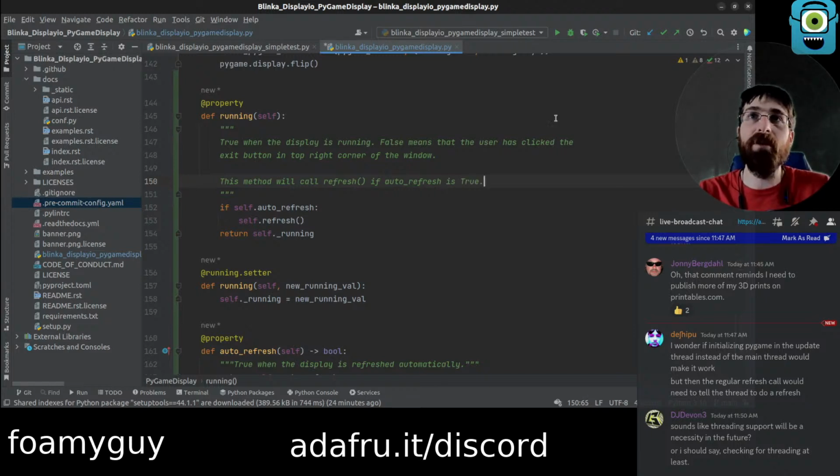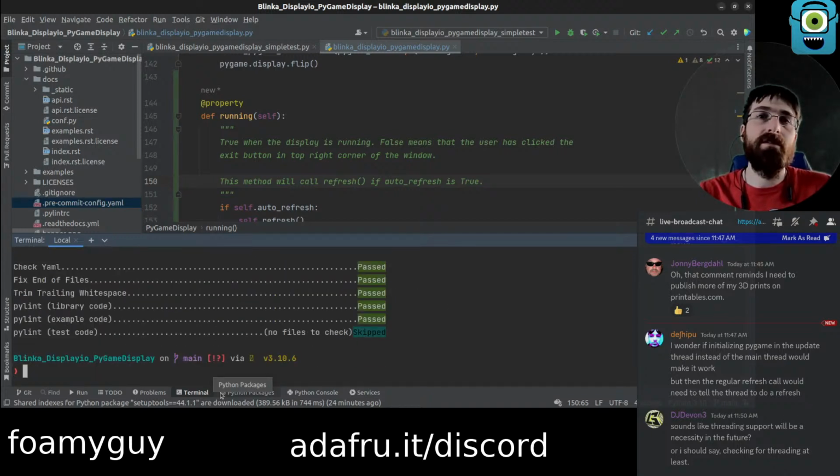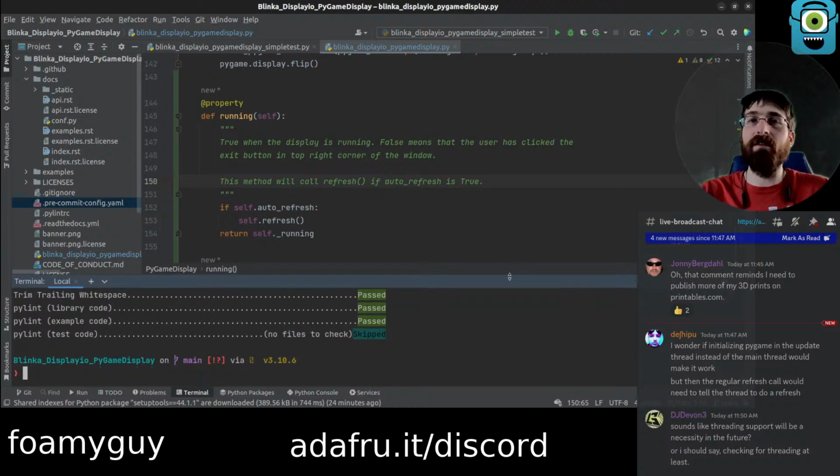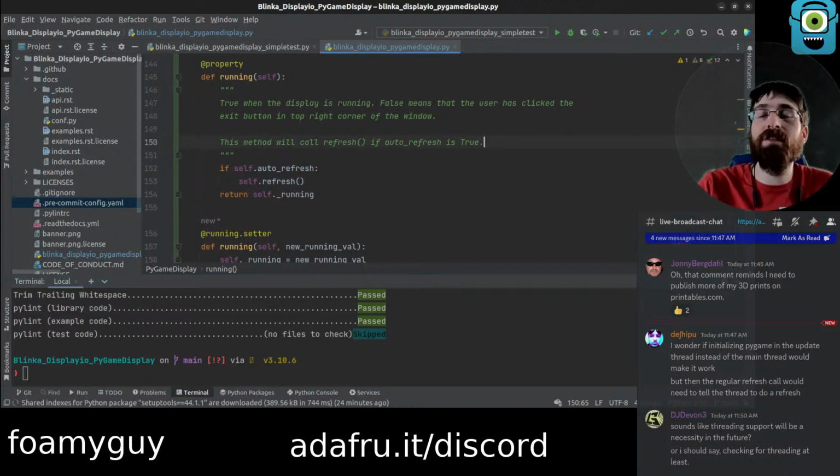We'll at least leave a note about it as well in the docs, I guess. That's a good thing. That way, future Tim or whoever may be working on this is not just going to be like, why are we refreshing from inside of running? This makes no sense. Maybe we should even actually say